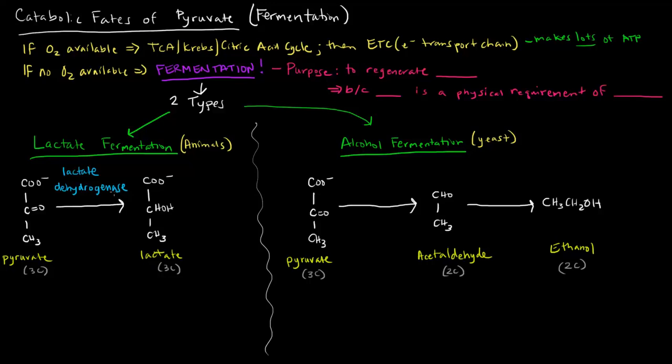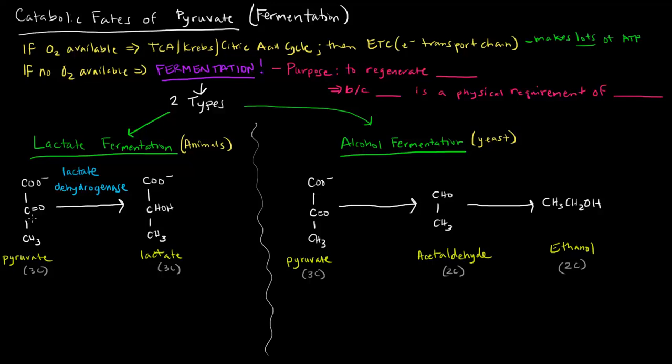So we're going to think redox reaction, and we're going to pay attention to what happened to pyruvate. The carboxyl group stayed the same. Nothing happened there. The methyl group also stayed the same. The difference is that this carbonyl group was turned into an alcohol. This is the example that I used previously in another video for oxidation reduction. This here has two bonds to oxygen. Here it only has one bond to oxygen, and it also gained hydrogens. Both of those things mean this pyruvate was reduced to lactate.